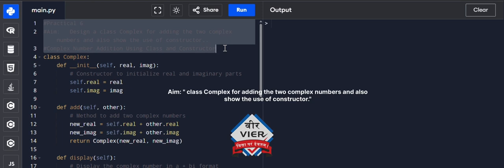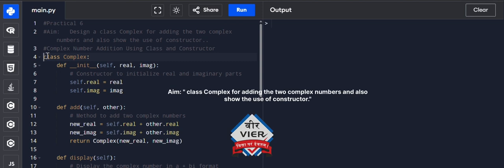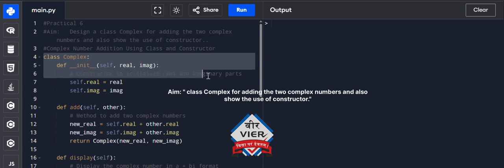A complex number has two parts, a real part, a, and an imaginary part, b i. We represent it as a + bi. When we add two complex numbers, say, a + bi and c + di, the rule is simple: we add the real parts together, and we add the imaginary parts together, (a + c) + (b + d)i. The constructor, __init__, is the function that initializes and sets up a complex number object when we first create it.